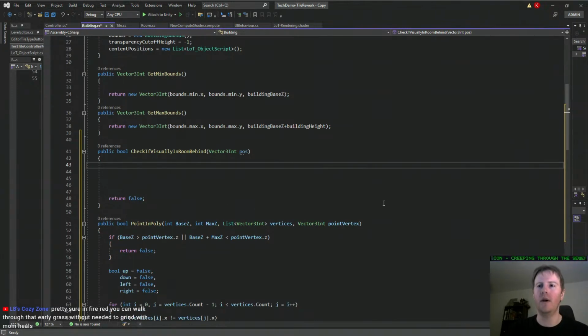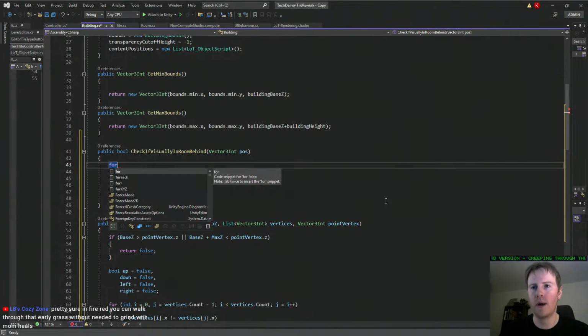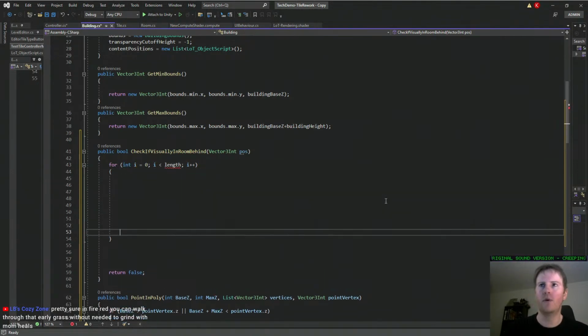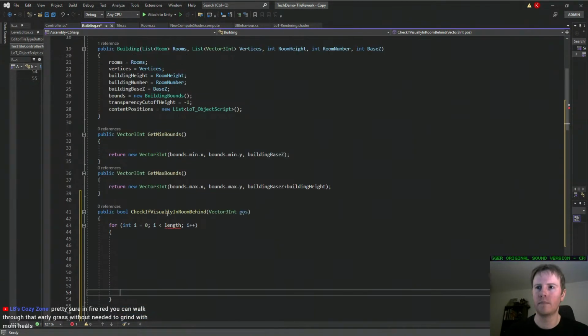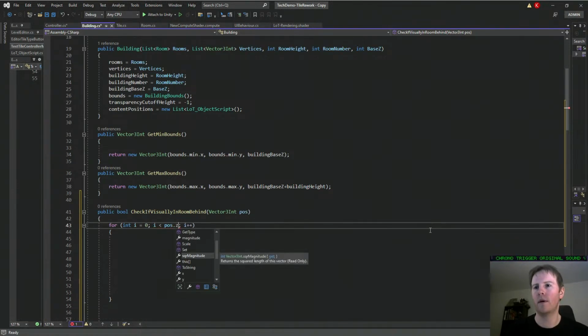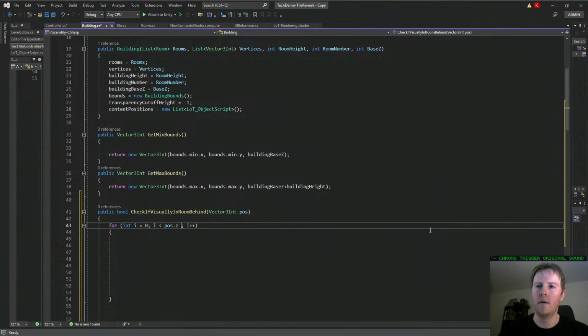So what we're gonna do here is a for loop. And the for loop is going to be position.z minus building